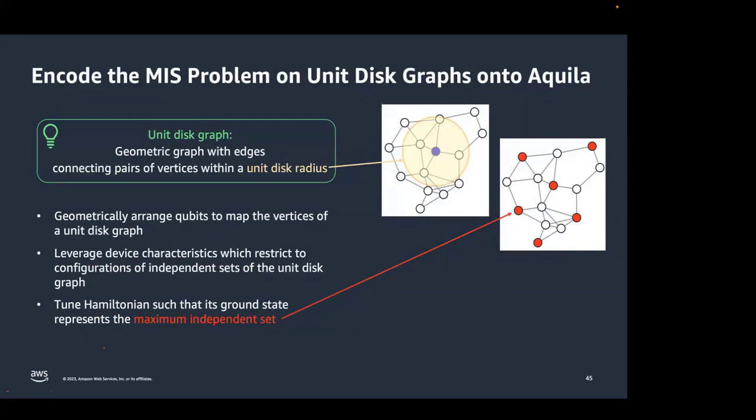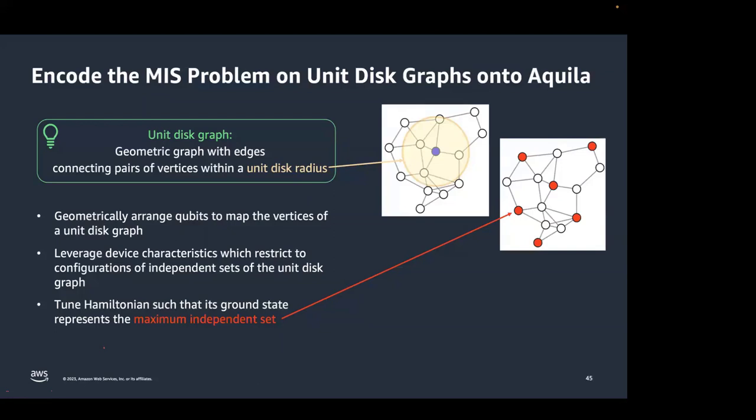An independent set is a subset of a graph in which the vertices are not directly connected with each other, right? For example, in this graph, if you look at these red vertices, none of them have a direct connection with each other. So that is an independent set of this graph.